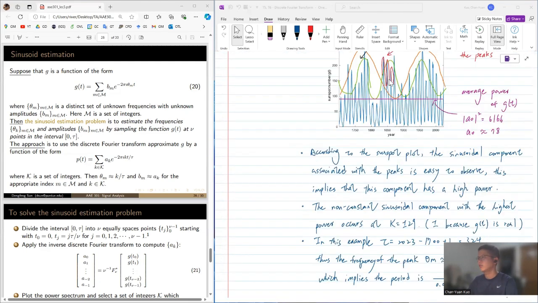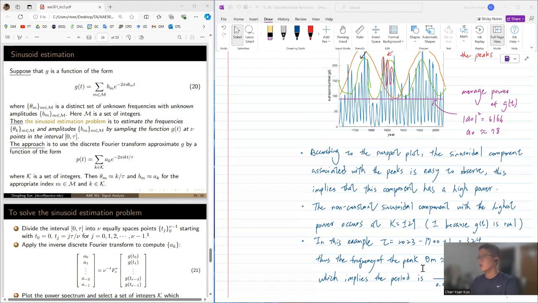And now that we know that this sinusoidal component is associated with k equals 29, we can then estimate the frequency of the peak by k over tau. And tau in this case is going to be 2023 minus 1700 plus 1, which equals 324. So in the end, we will have the frequency of the peak as 29 over 324, which is approximately